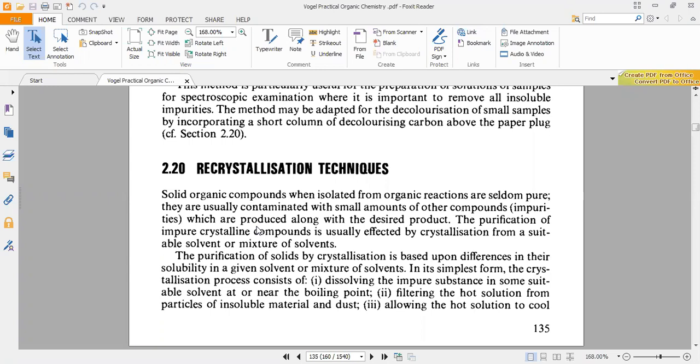At what point will the sugar no longer be dissolvable? When it is not dissolvable, just filter the solution and leave it. You will get very fine crystals of sugar in the end. So why is this happening? After some time, you see the crystallization, because when the temperature is high, the solubility increases.